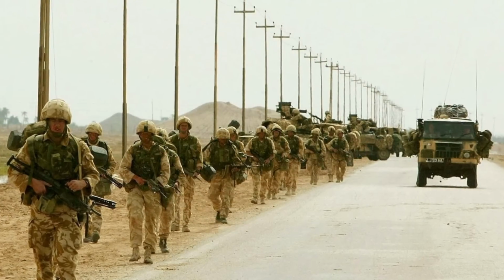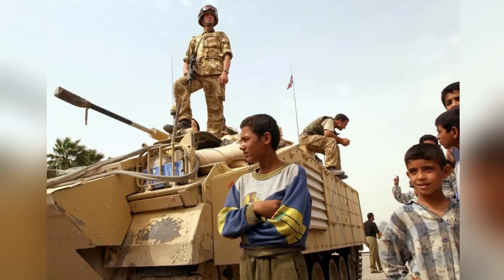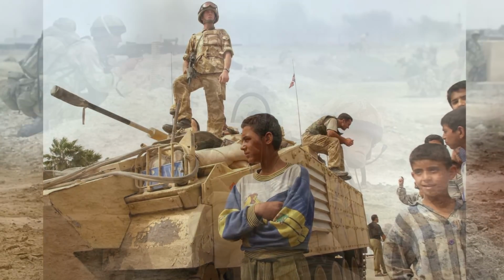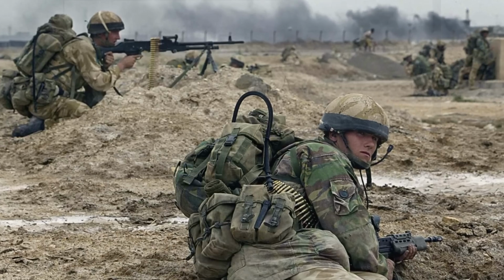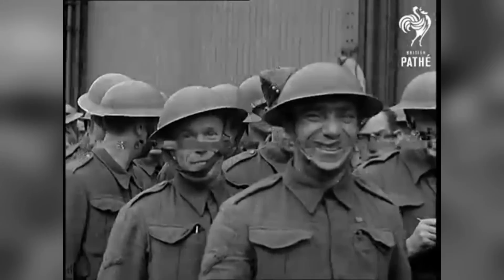It was a tragic event that not only serves to highlight how ill-prepared the army was for Iraq, but it also shows the level of importance body armour has in 21st century warfare. But to understand the origins of the British Army's body armour systems, we need to go back 80 years to